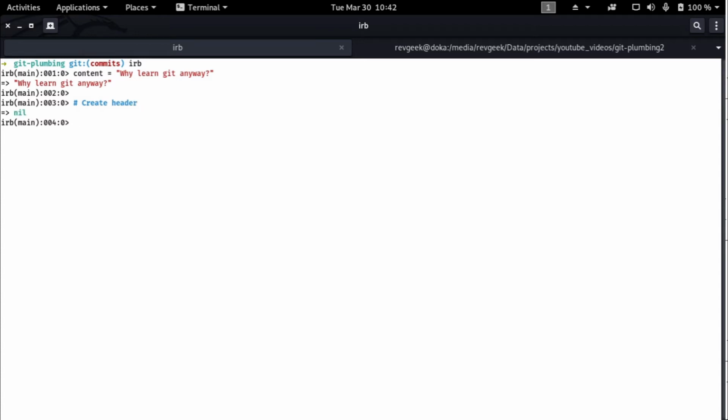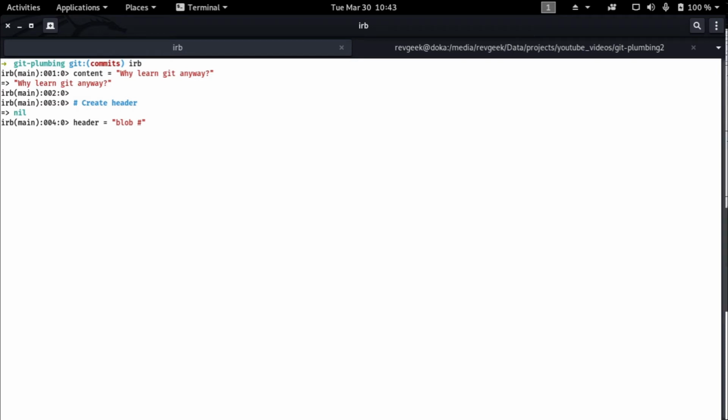So we'll create a variable called header, and within this variable, the first thing, as I mentioned, is the type of content. In this case, it's a blob. So this is how it stores. It actually identifies the type of content. Is it a blob? Is it whatever it is? So it has to notify. It has to store that, and then the next thing after the type of the content you're trying to store